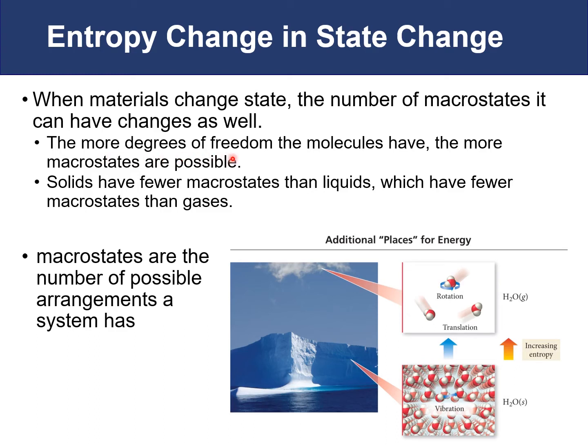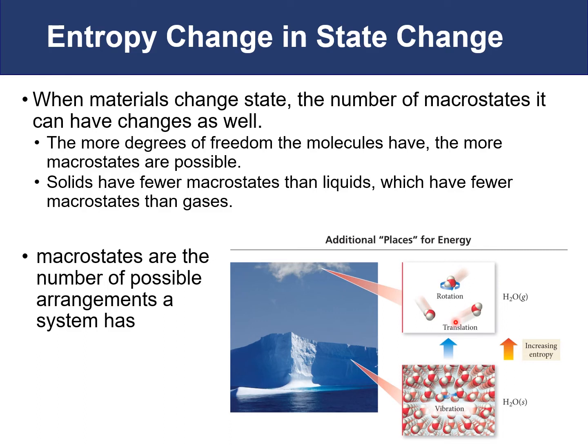The more degrees of freedom the molecules have, the more microstates are possible. So in the case of a solid versus a gas, or a liquid versus a gas, the gas molecules are able to occupy three-dimensional space, whereas in a solid and liquid, the atoms and molecules must touch each other or be very close, held together by intermolecular forces. So going from the solid to the gas, or liquid to the gas, is a large change in our entropy